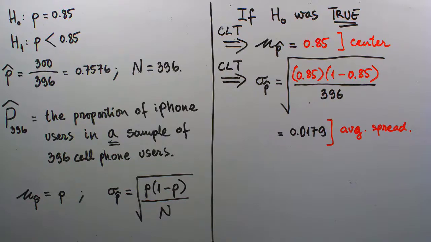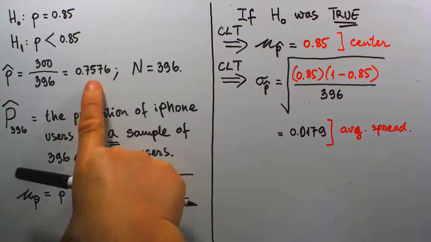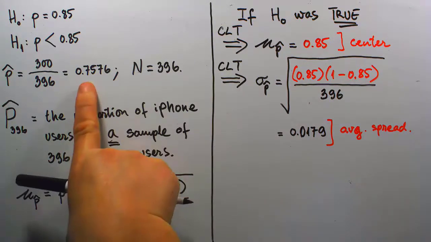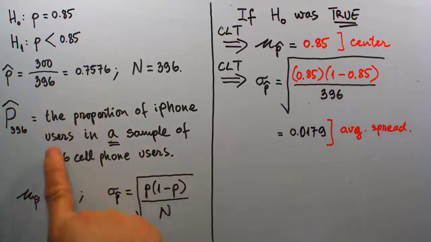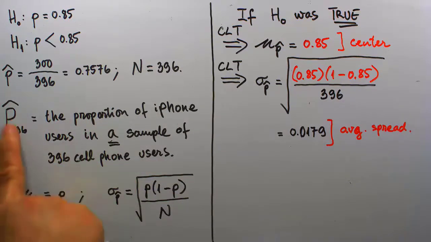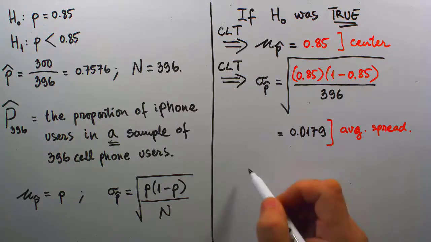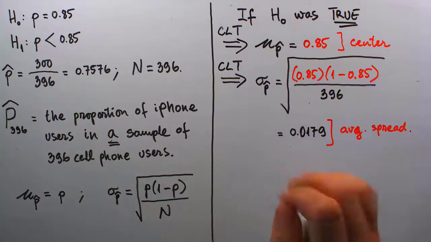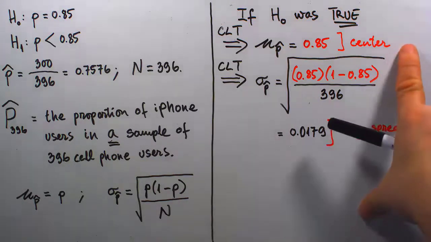And again, since our sample proportion value at this sample size is only one sample among infinitely many other samples that we generally regard as the random variable capital P hat 396 here, then at least from what we know about our own sample, from where it stands relative to the center of all sample proportion values, then